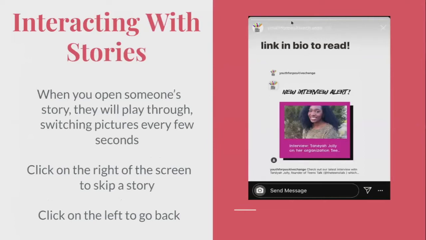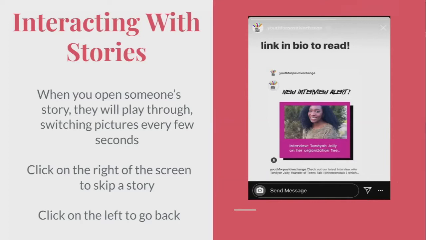These little dashes symbolize how many times a person has uploaded onto their story. So when it looks like this, you can send them a message like this. You can also send them a picture reply. You can also send their story to other people as well using the little airplane button right here. If their page is private though, you can't send the story to people unless they follow them.